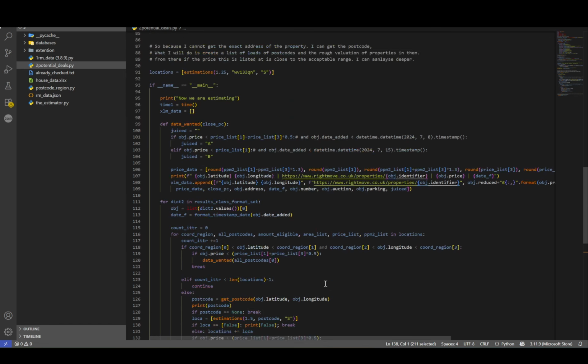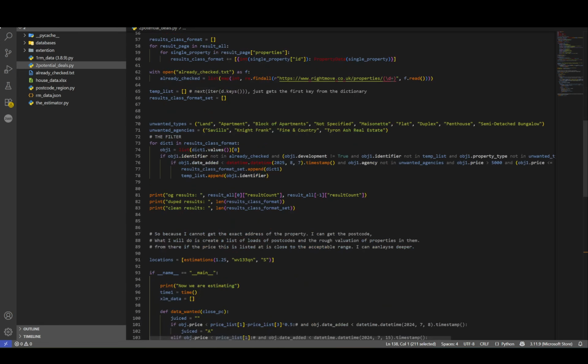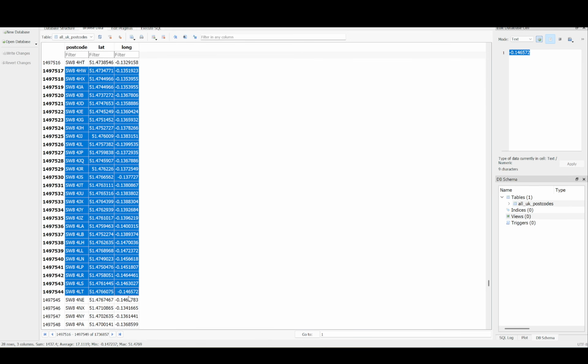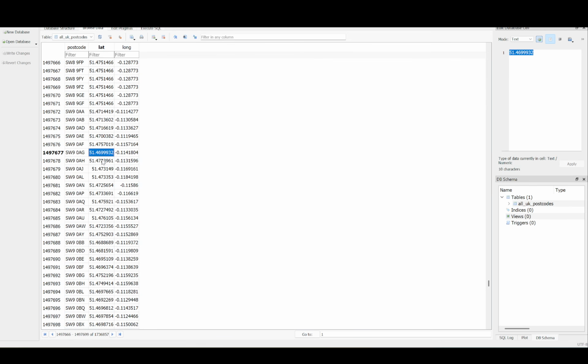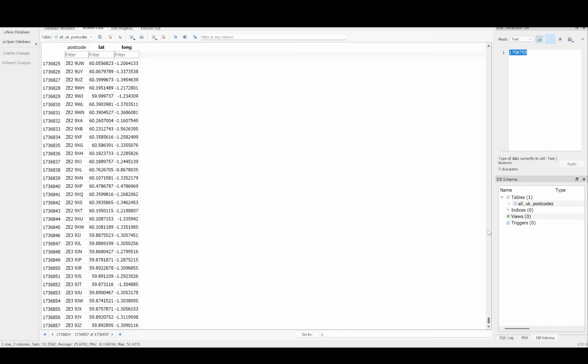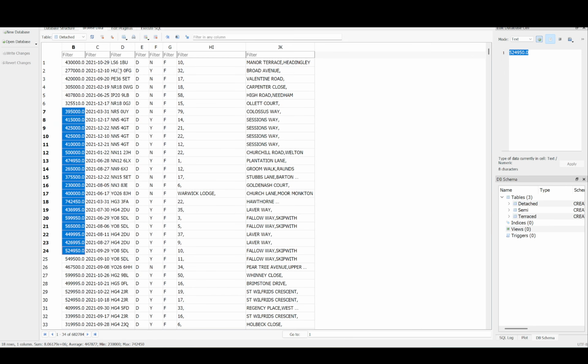file. So I was using a price per square foot, and then just looking at all the houses which met my criteria. So what I did initially, I scraped all the postcodes in the UK and put them in this database with the longitude and latitude, because it's a lot easier to use a longitude and latitude to figure out the distance, because I was just converting the longitude and latitude to a kilometer, or a meter value. So all 1,736,000 postcodes in there,